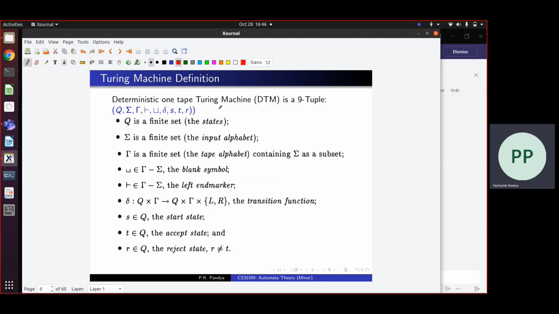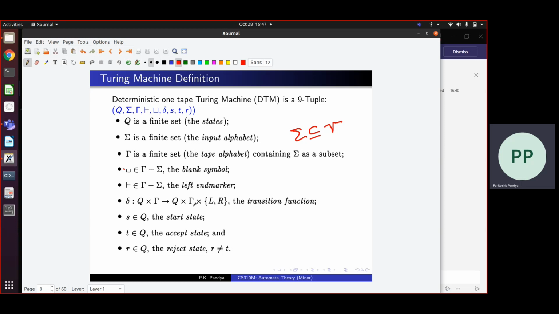So formally, what is a Turing machine? It is this 9-tuple where Q is the finite set of states, gamma is the tape alphabet. So each cell will contain a symbol from this tape. There is a distinguished symbol called left-hand marker, which is part of gamma. And there is also a distinguished symbol called blank, which is part of gamma. Now the input word which we are trying to recognize comes from an alphabet sigma, which is a subset of gamma. So sigma is a subset of gamma, right? In fact, sigma does not contain blank and left-hand marker. That is given here, right?